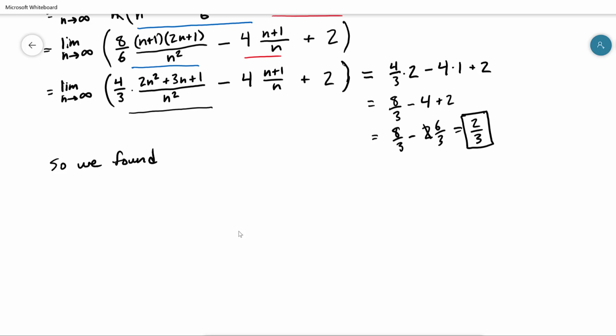We found that the integral from 0 to 2 of x squared minus 2x plus 1 dx wound up being equal to 2/3. That is our answer. Okay, so